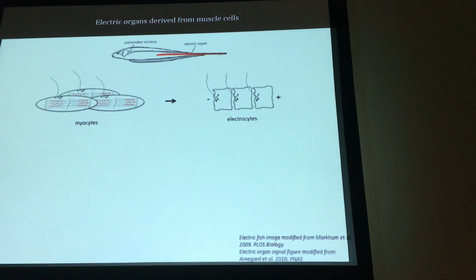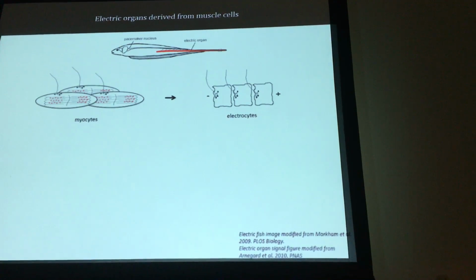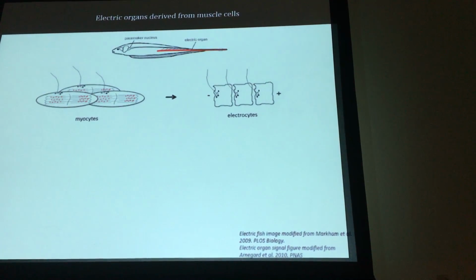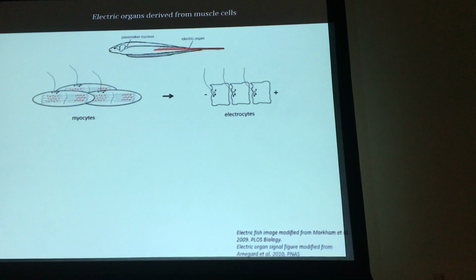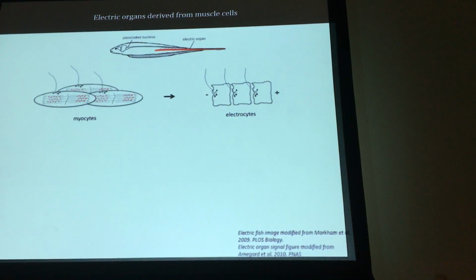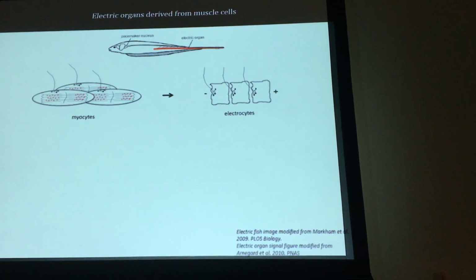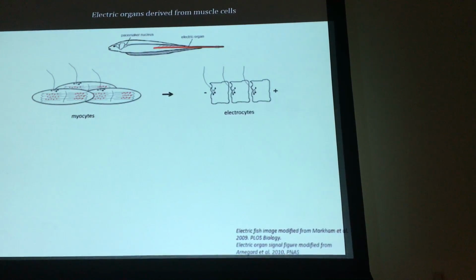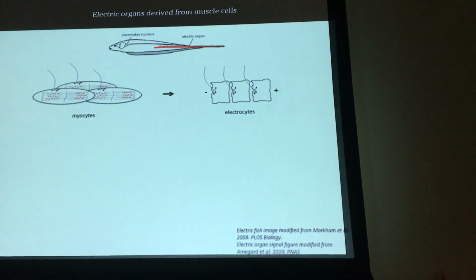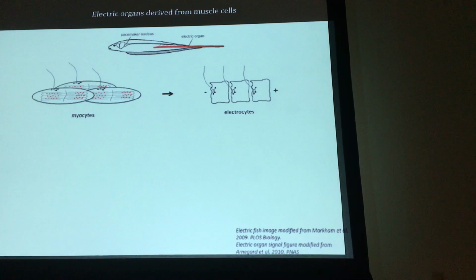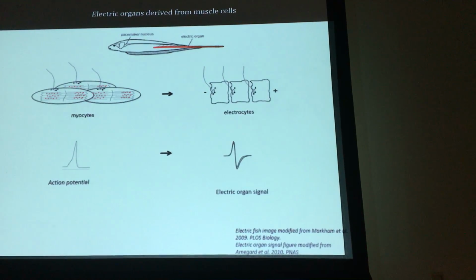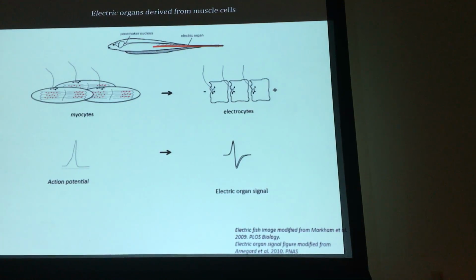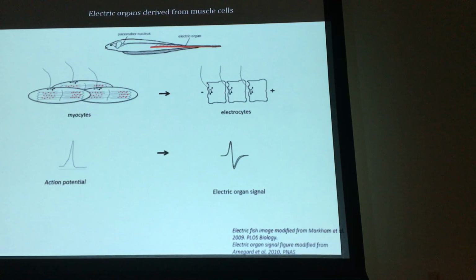And the organ that they use to generate these electrical pulses, called the electric organ, is comprised of electrocytes, which are highly derived cells developmentally and evolutionarily from muscle cells, or myocytes. They're multinucleated, and early in development they have sarcomeres, which are then degraded by the time the electric organ is finished developing. Along with being highly derived morphologically, they are also highly derived electrophysiologically, where they've co-opted the molecular